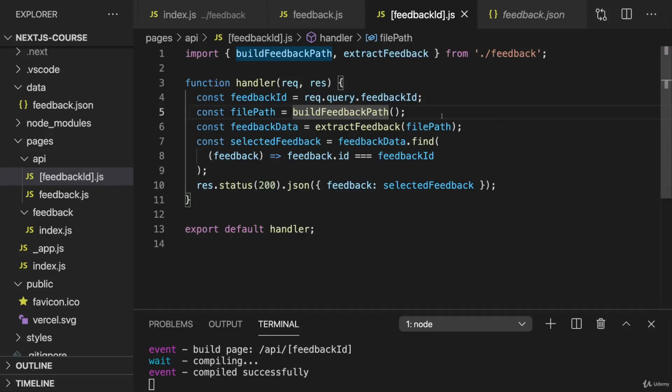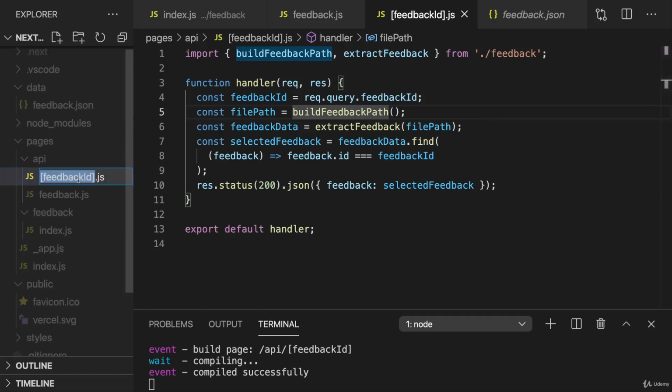Now we know about API routes, including dynamic API routes. Now it is worth a note that there are some alternatives to how we name and structure our files inside of the API folder. And those alternatives are equivalent to the different approaches we can use for regular pages. For example, you can also have catch-all dynamic API routes by adding 3 dots in front of any placeholder name